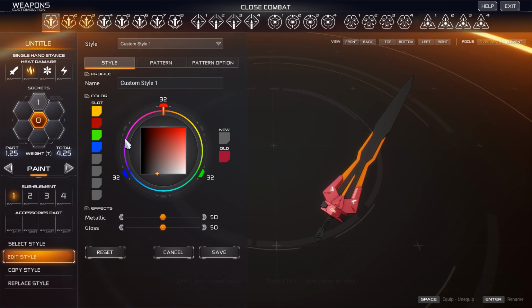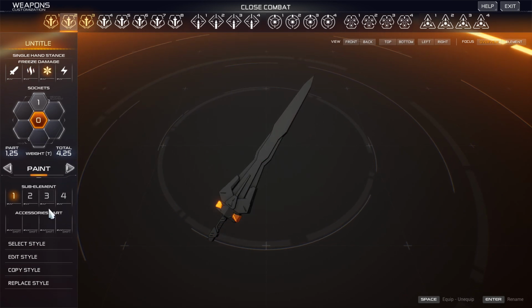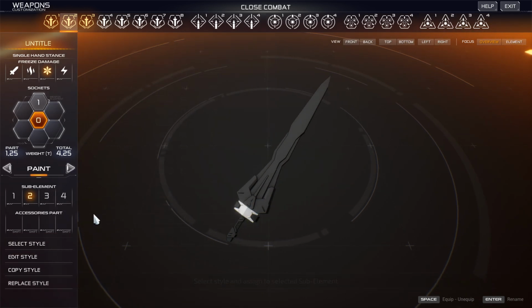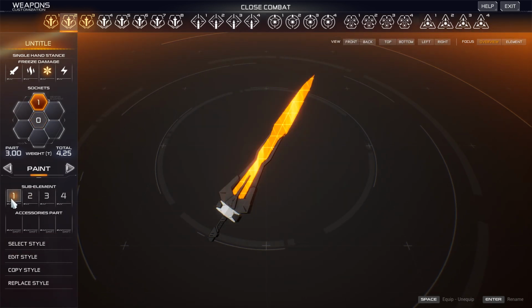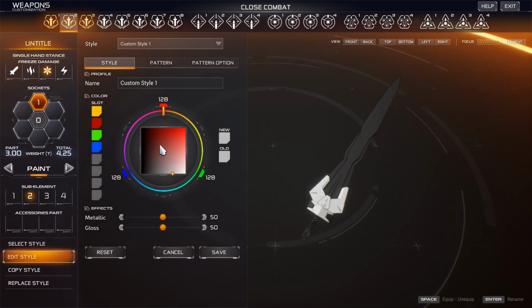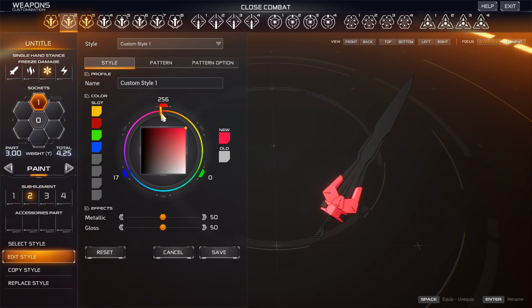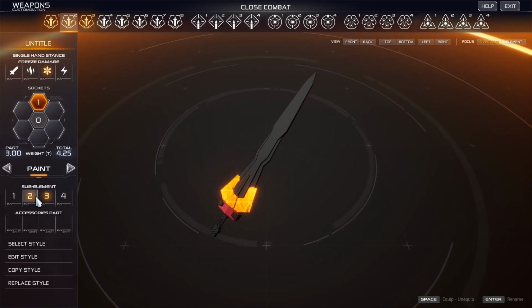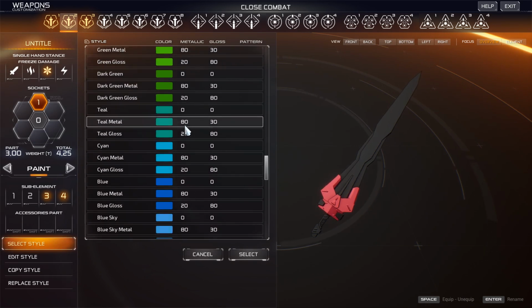Don't know how to use slot colors yet, so we'll leave that and I'll just recreate it. So we got 2 there, and 2 here that need to be slot color 1, and then we'll just edit style and just go. It's about there. And then I'll have 3 and 4 for the ice one. And it's going to be this kind of